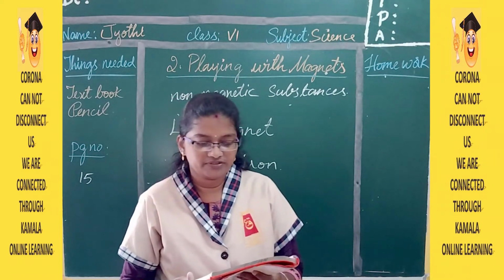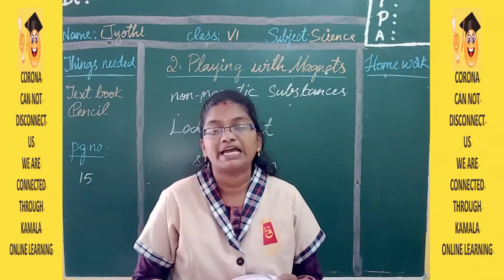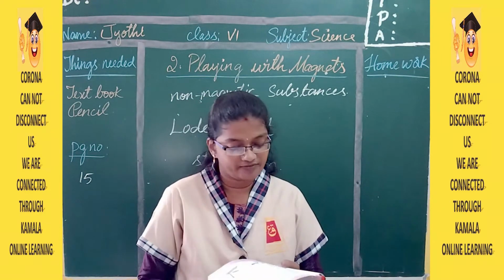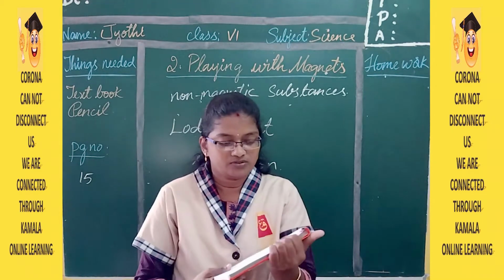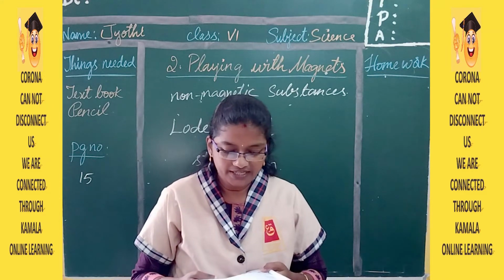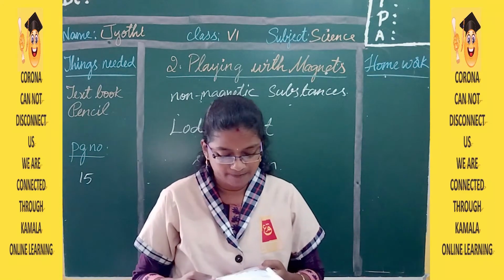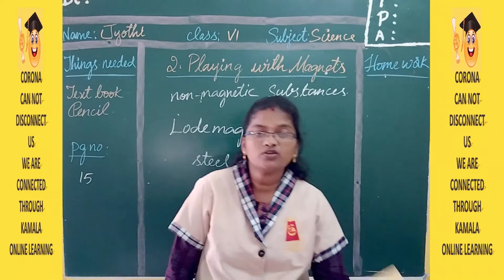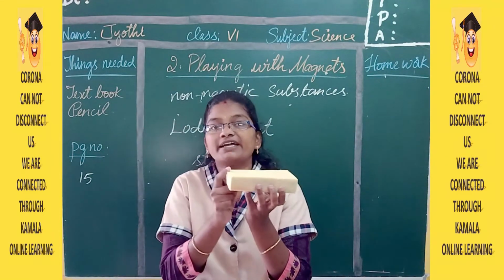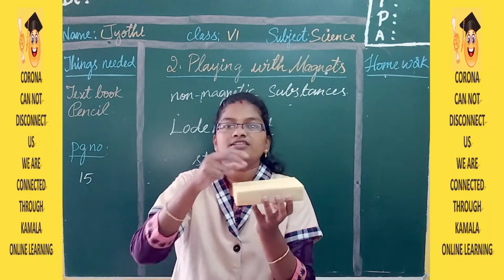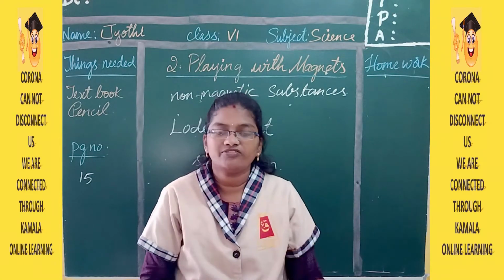So here on page number 15, now we are going to learn about the poles of a bar magnet. So what are poles? Let us see. Here I am reading: does the property of attracting iron filings remain the same for all the parts of the bar magnet? So as I already told you, if this is a magnet, do all the 6 sides attract in the same way, or is there somewhere it is a little hard and somewhere a little weak? Let us find out with an activity.